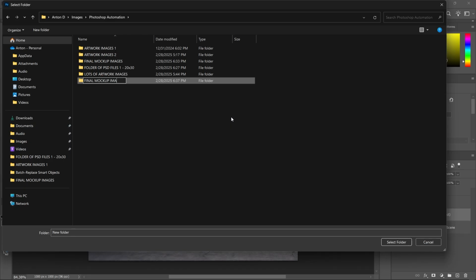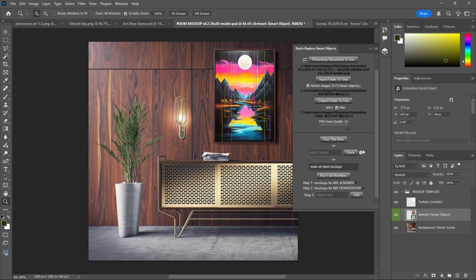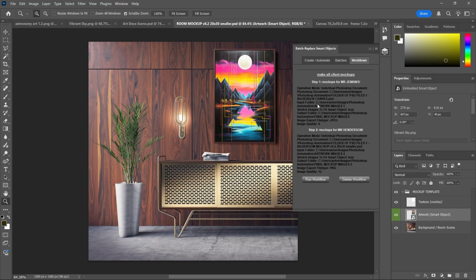So we're going to make a different folder name for Mr. Henderson and mockups for Mr. Henderson. Why is it doing that? Probably some weird Photoshop keyboard shortcuts. Mockups for Mr. Henderson. So what that allows you to do is basically each one of your steps corresponds to